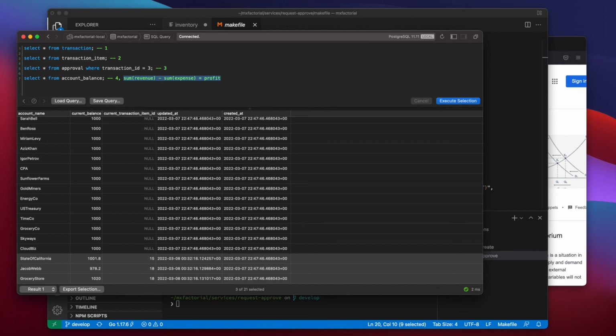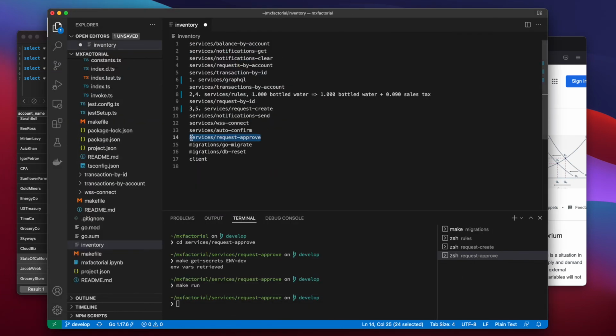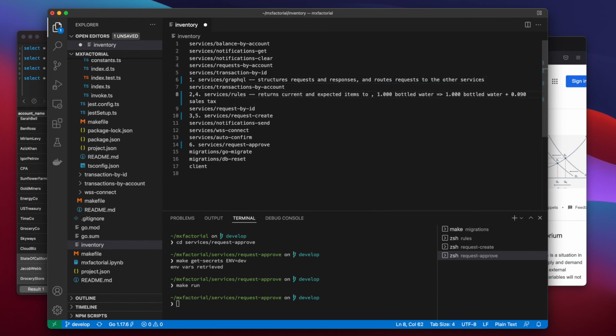Alright, notifications aside, the request approved service is the final service in the transaction process. To summarize, in addition to structuring requests and responses, all requests are received and routed by GraphQL. Users ask the rule service for all the items they need to transact.